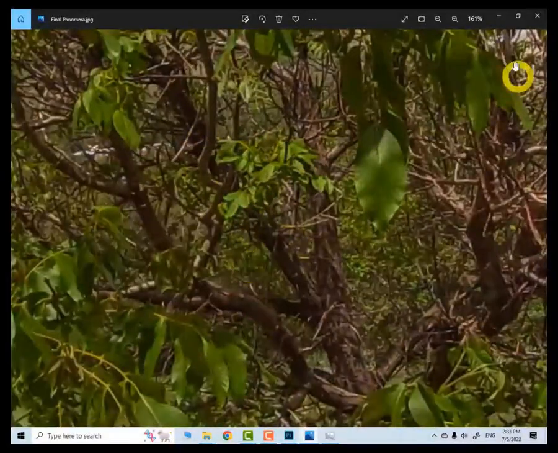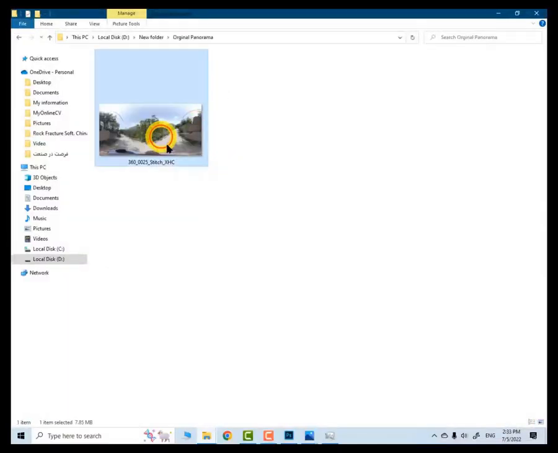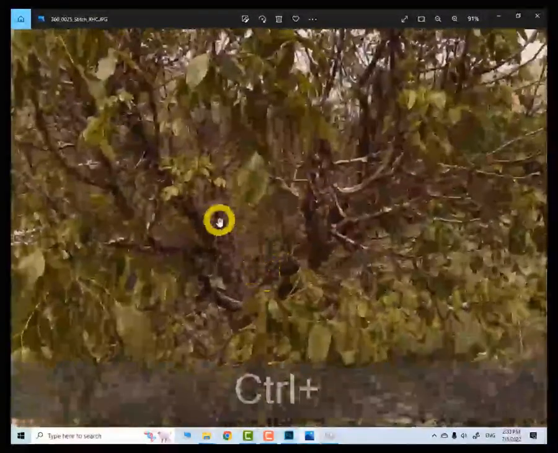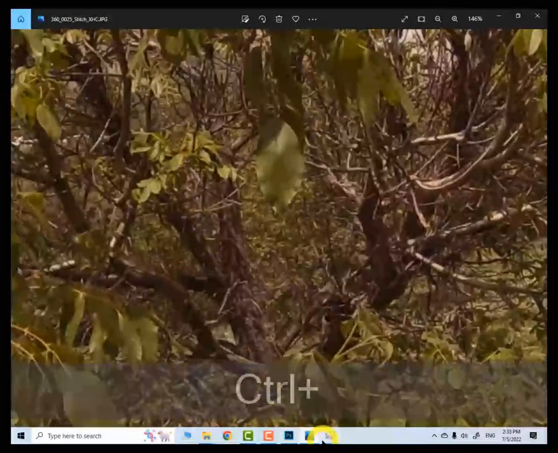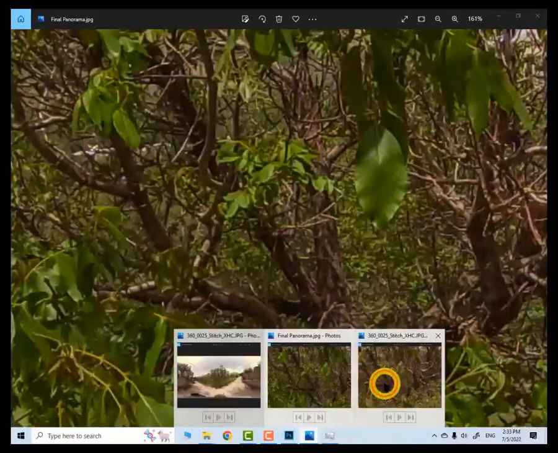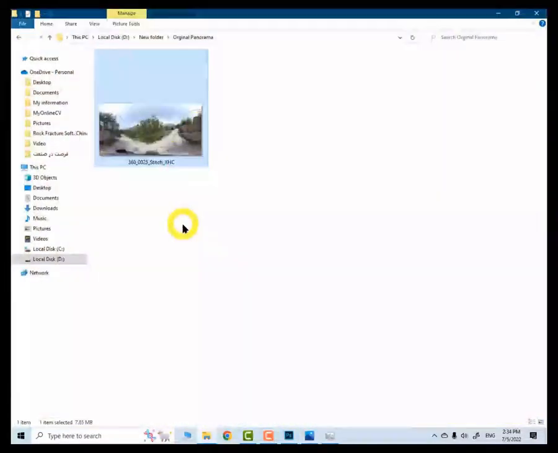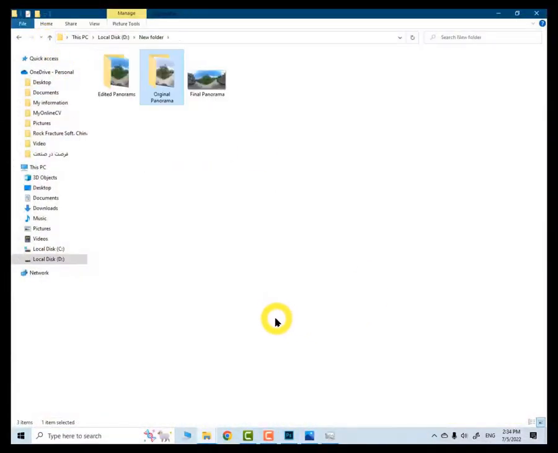This photo is actually from before the final image. You can see its quality, and this one is the original photo. Now I want us to compare their quality together. In this way, you can see that the quality has been kept almost